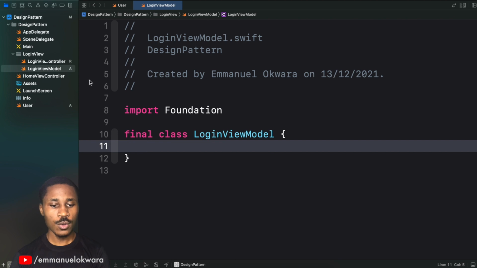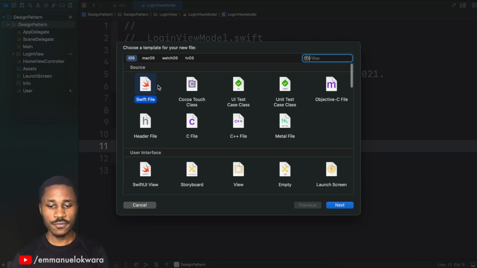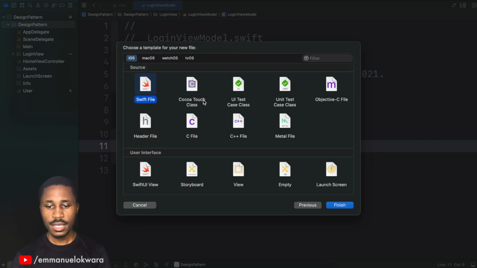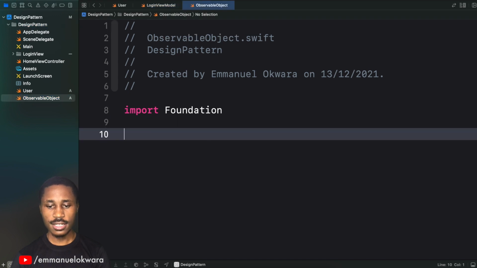All right. So what we're going to do is take a break from the view model, and we're going to implement this ObservableObject class. And that's pretty simple to implement. We're going to create a new file, and this file we're going to call ObservableObject. Okay, so we're going to create that, and now we're going to create a class called